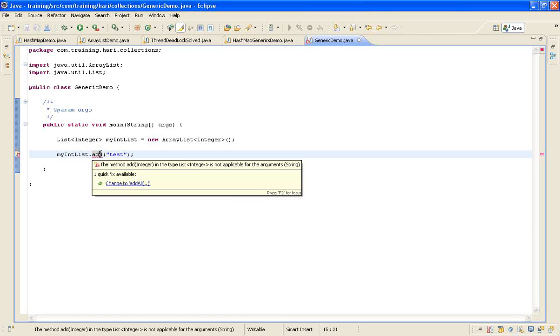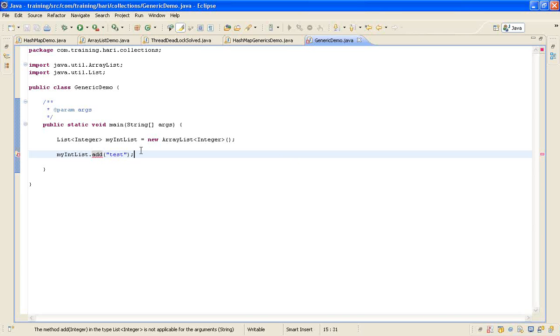So generics is primarily used for type safety, to make sure that the right type is used. It is more like putting in an entrance exam and then giving admissions to the class, so that you only get the people who are qualified to attend the class, instead of an open for all kind of thing. So here it's the same thing. So similarly